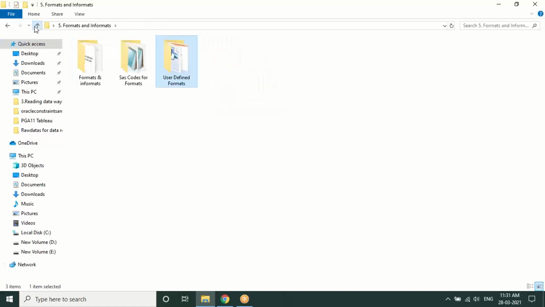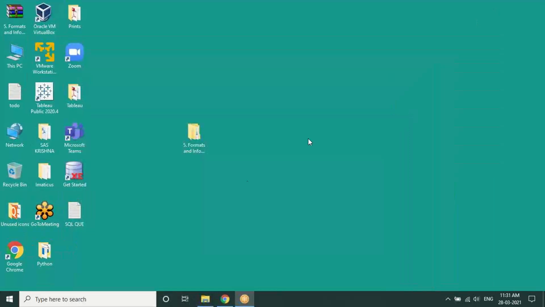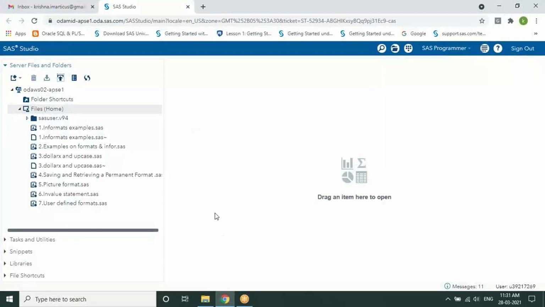So for your reference, you can use that. If you are clear with the concepts, then we'll try to work on the examples. Any questions so far? Any questions on this concept, whatever discussed so far?